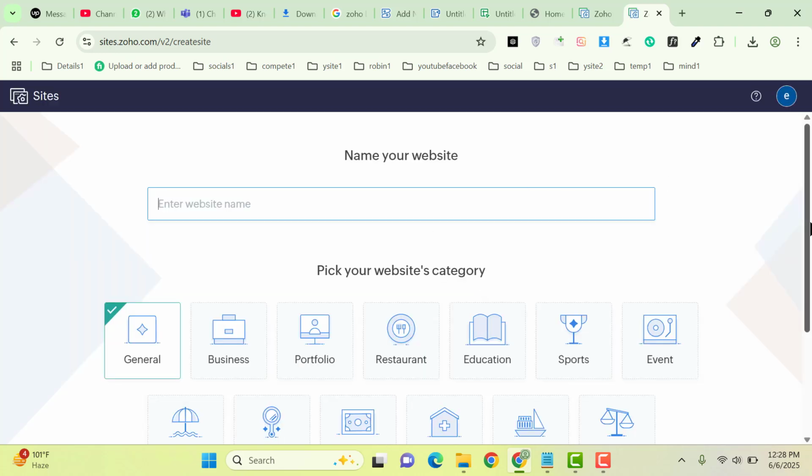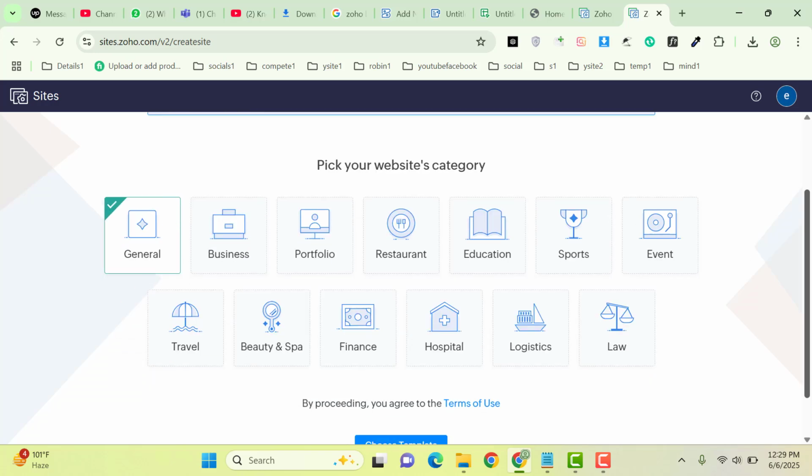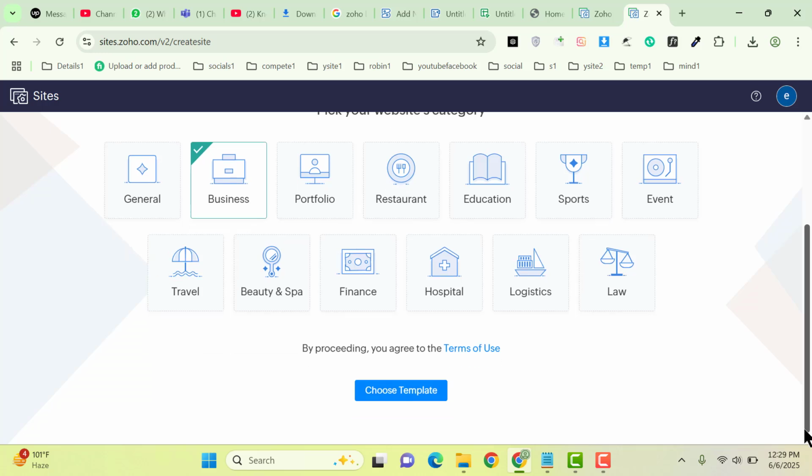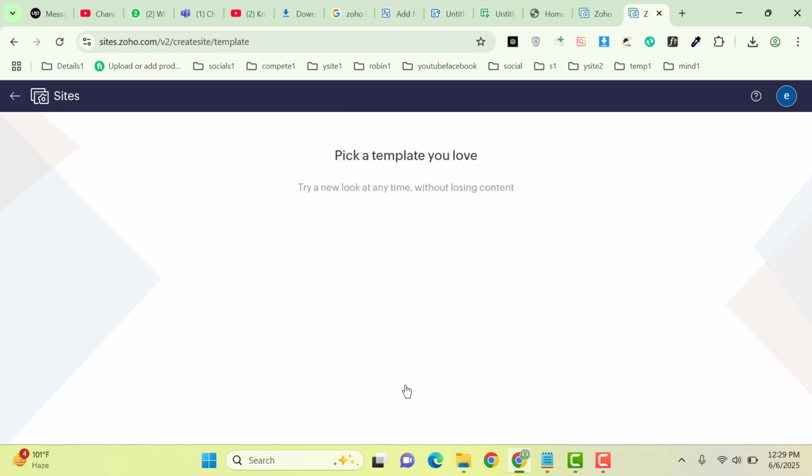and now you need to select the category and website name. So let me add here website name. Then let me select the category, this one, and now we need to select the template. Let me scroll down, click here